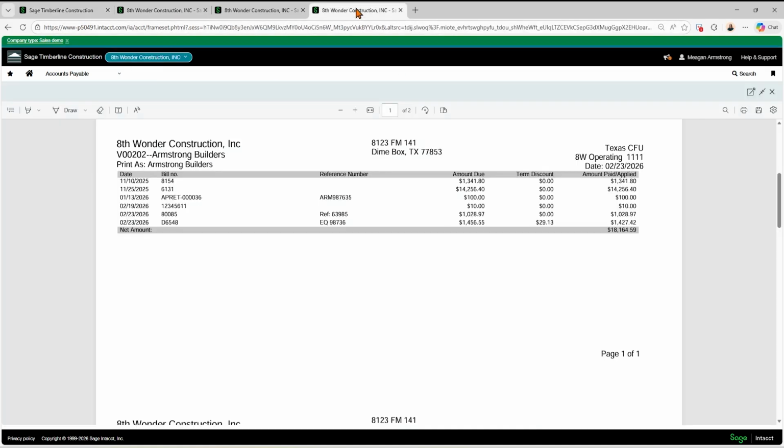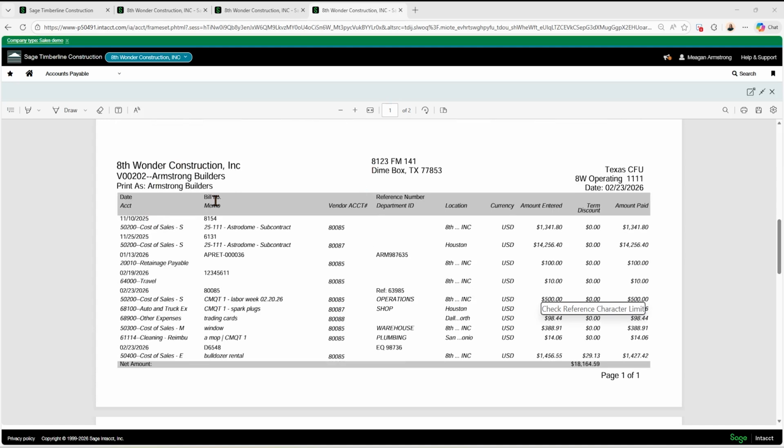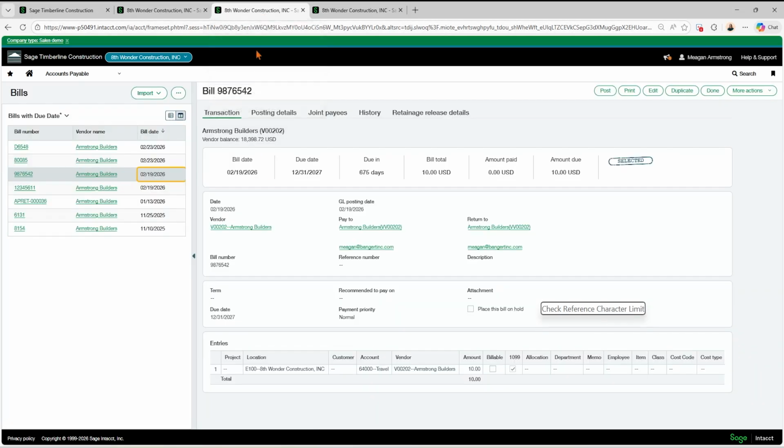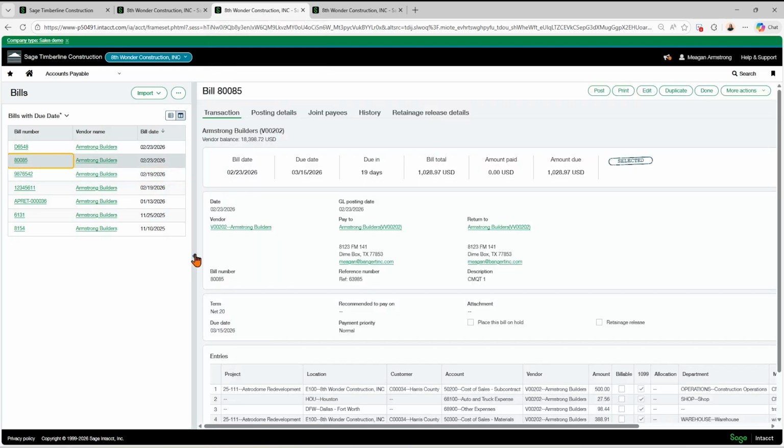And this term discount is what's set here on your vendor settings. So this can be actually turned off, and that will increase the character limit of this reference number from 21 characters to 28. But if you've got the details turned on, you're going to get line item detail from each bill. So let's take a look at this bill here and see how much detail and where it's pulling it from.